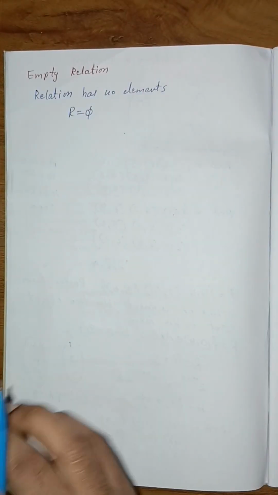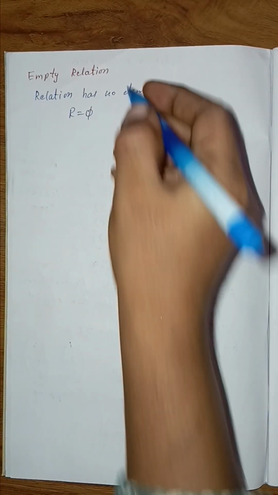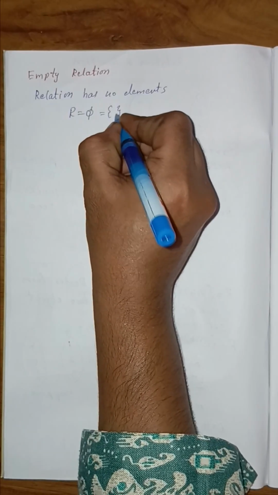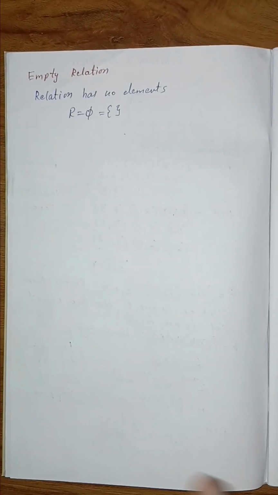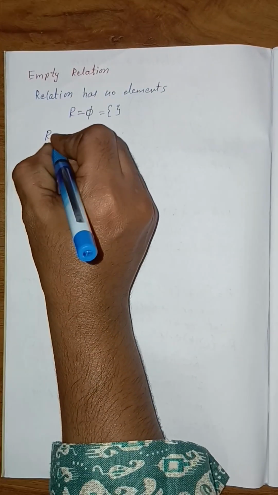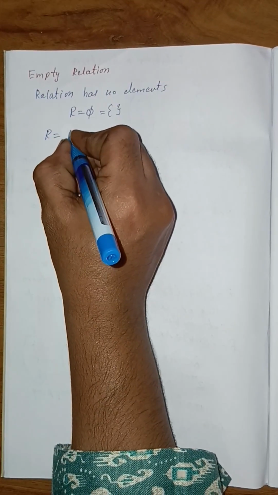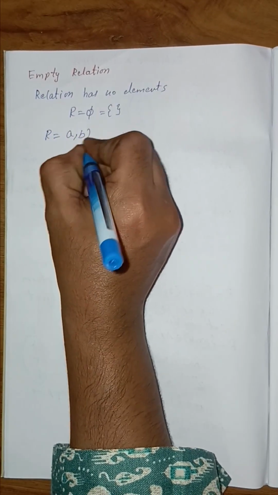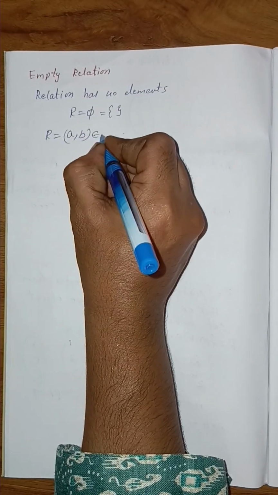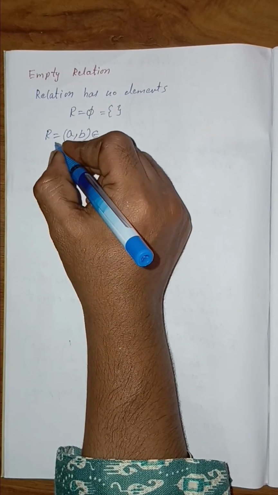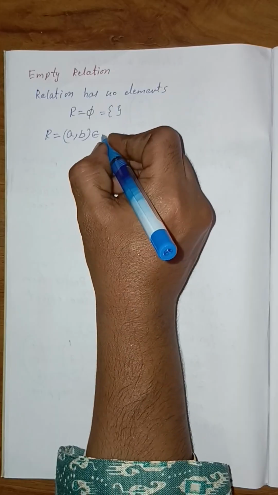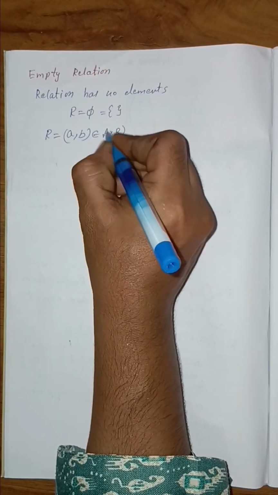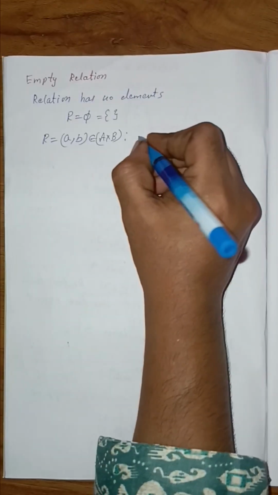So the relation does not have any elements, that is null, or you can represent it within flower braces with no elements. So for example, if you take the previous example, R is equal to A comma B belongs to A cross B,